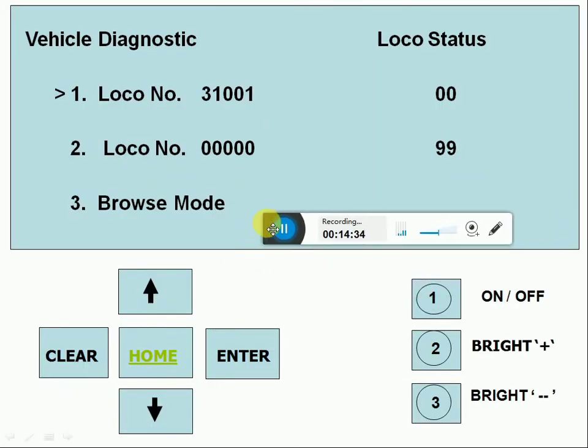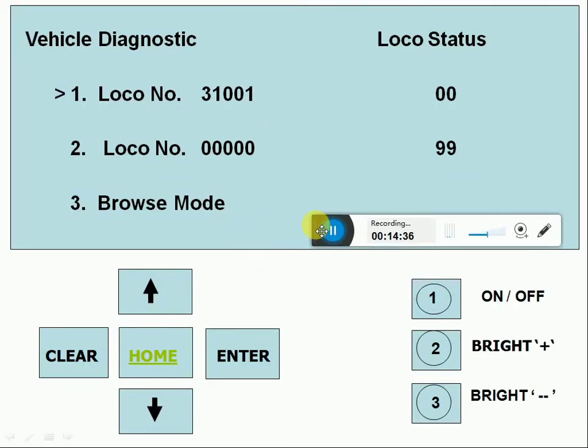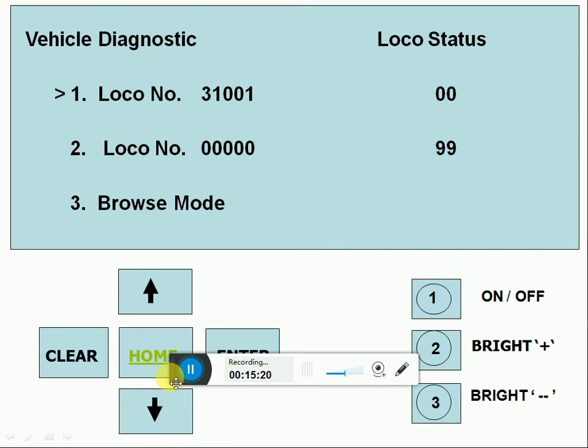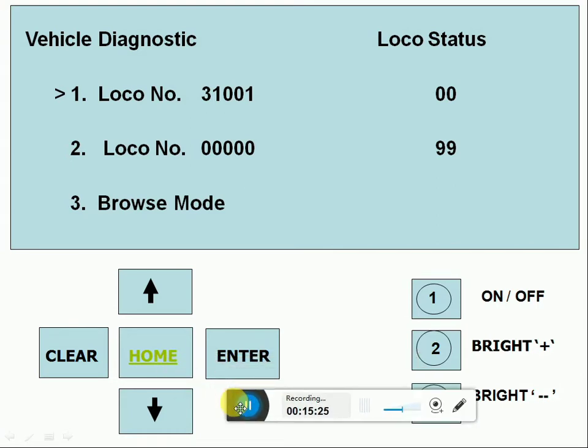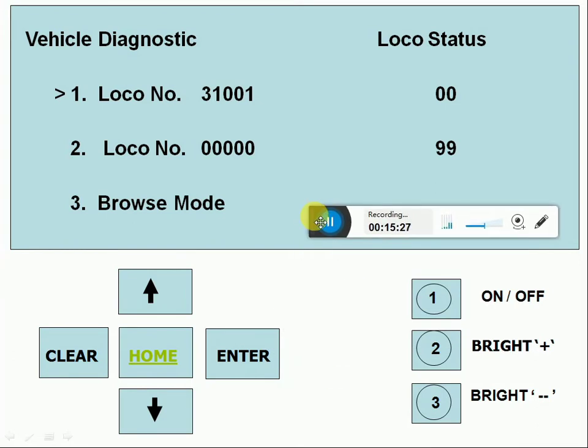From vehicle diagnostic, we can see status of loco 1, status of loco 2 and browse mode. Suppose in status of loco 1, here we can see loco 31001 showing 00. That means there are no faults and no subsystem isolation. First digit 0 indicates no subsystem isolation and second digit 0 indicates no faults. In vehicle diagnostic, if status of loco 1 is showing 90 or 91 like this,